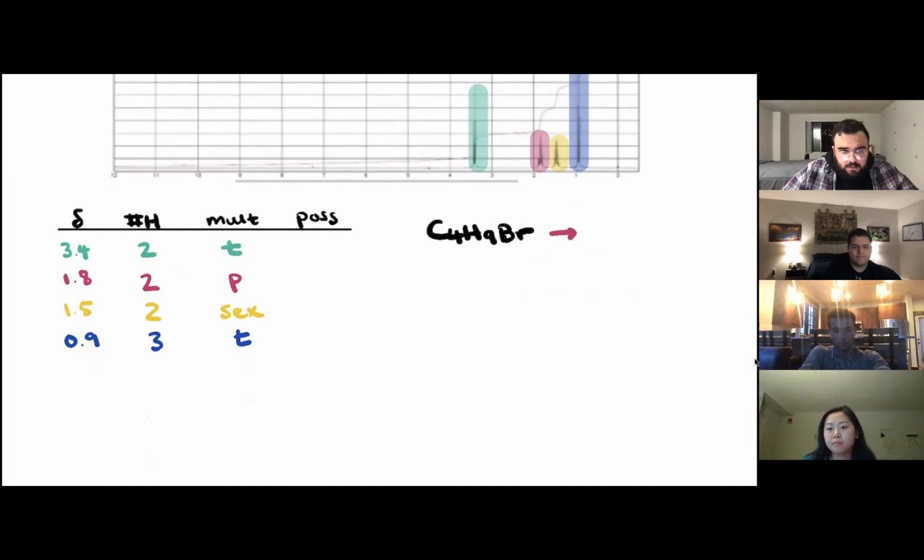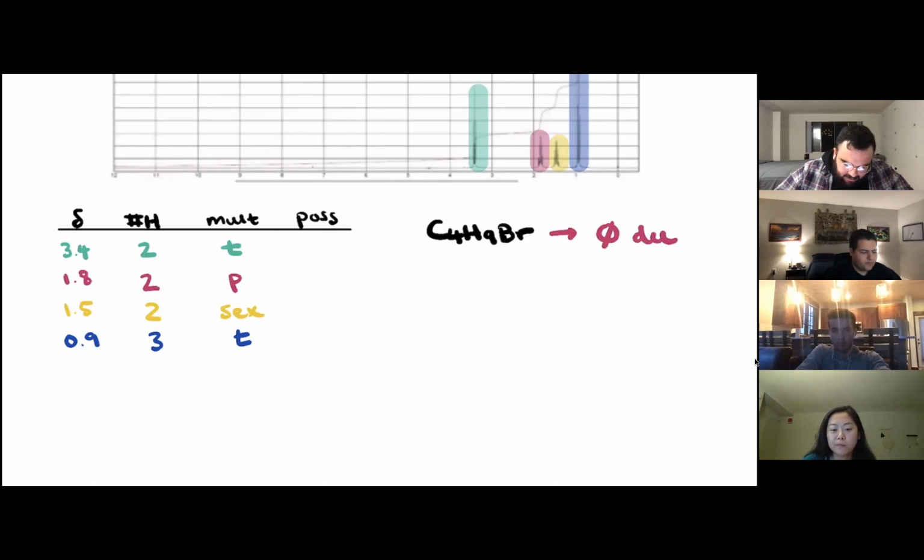None. Yep, 0 degrees of unsaturation. Excellent. So no rings, no double bonds, no triple bonds. Now we want to look at what we have here and see how we can solve this problem. Okay, so first,